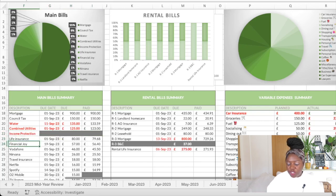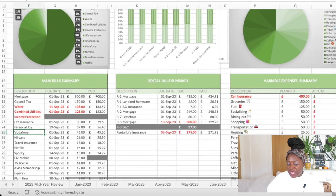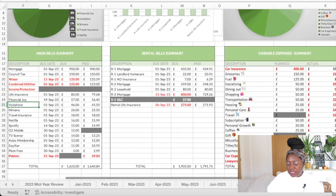Club where I pay membership for that. My mobile phone as well as my internet, same as normal, nothing really different here. I think the only thing that is different is the fact that for my second mobile, they didn't actually charge me. And today, as I was